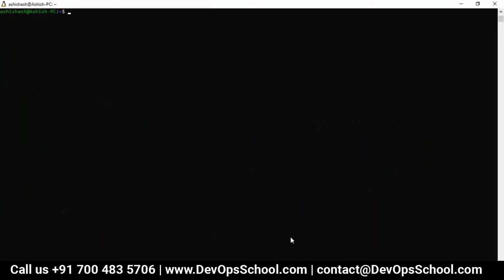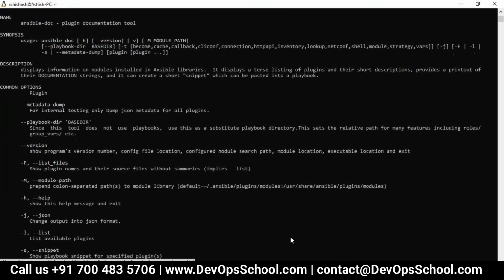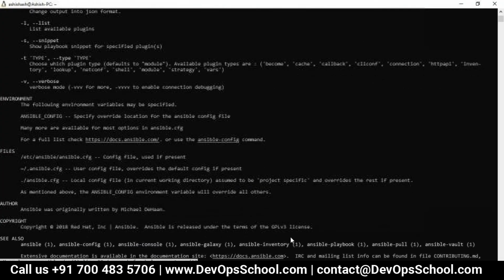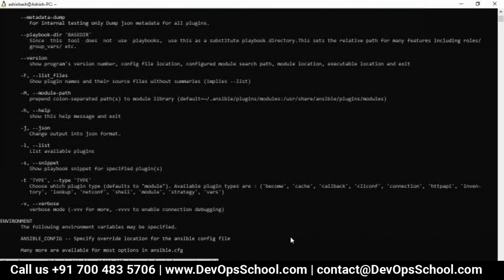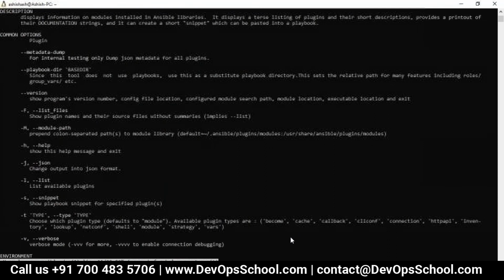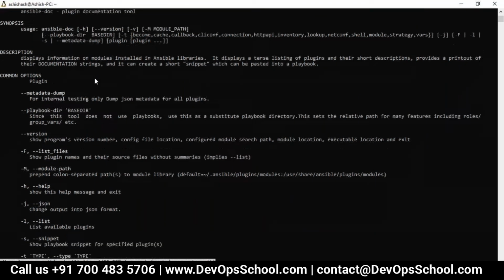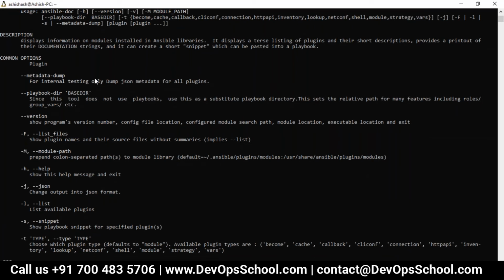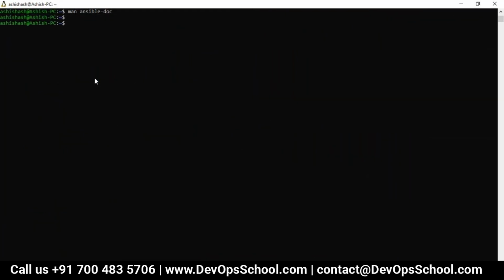So what can be done in that case is you could actually go ahead and see the Ansible doc. You could type man ansible-doc, then you will see all the same things which we have checked there, right? This says what options you can use, where the playbook directory is, and how to use all the syntax and everything. Now let's get back here. If you want to see how to use the Ansible copy command, just type ansible-doc copy,